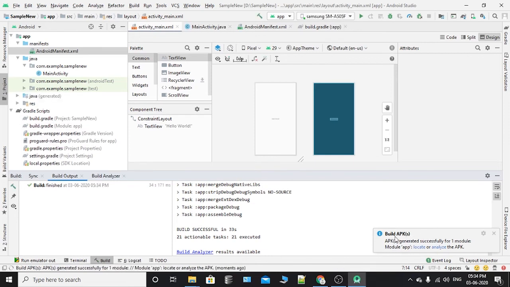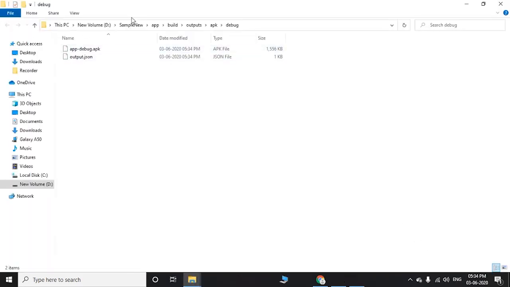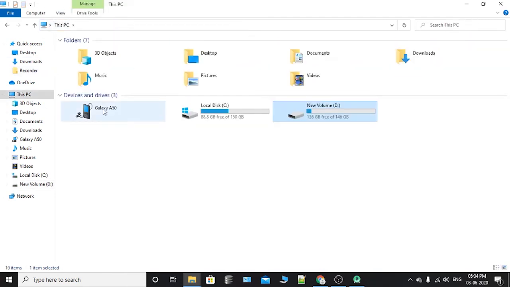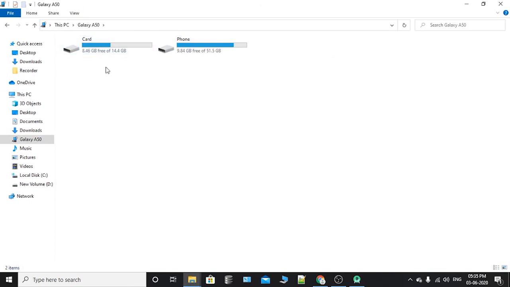Okay, you are receiving a dialog box. You can see locate. Okay, if you click on locate, you can see an APK file locally. Okay, just copy and paste it in your mobile anywhere.